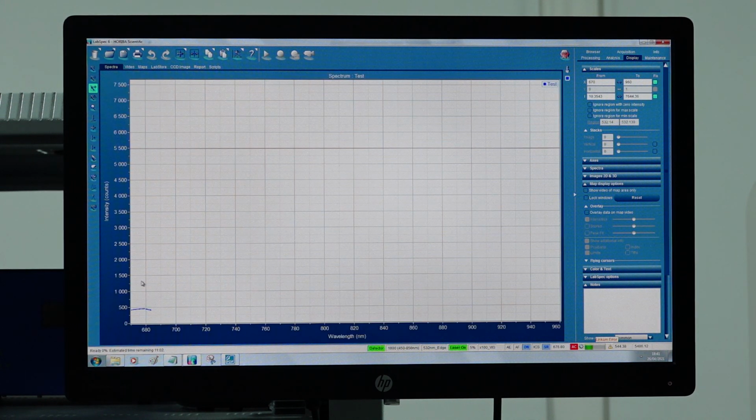Now, since the spectral range is too large, for Raman signal we are only witnessing the change in the Raman, that is the Raman shift, and therefore the spectral range is small and we get the signal at once. But for PL spectrum the range is quite large, so this will happen step by step in different spectral ranges. So as we can see, this part is complete, and now in the next range the PL signal is being received. So now we will wait for the complete PL spectrum to be obtained.